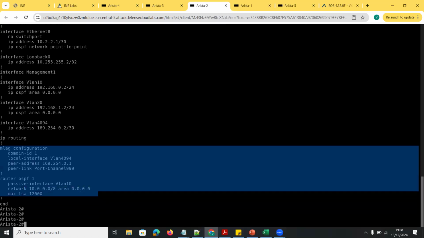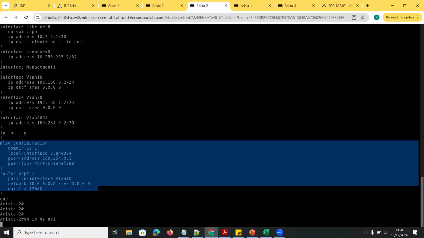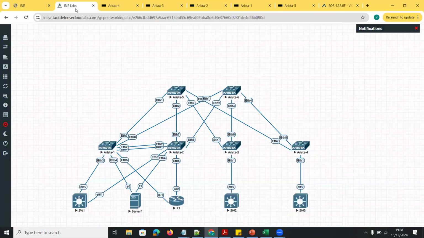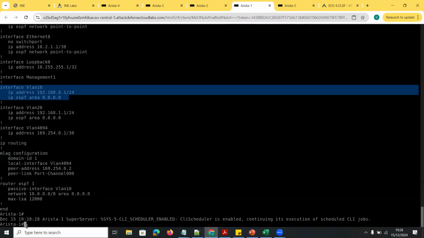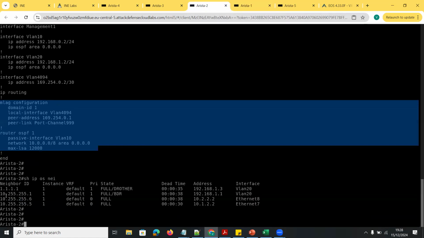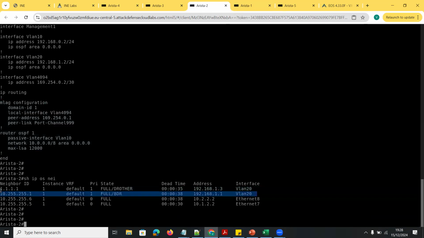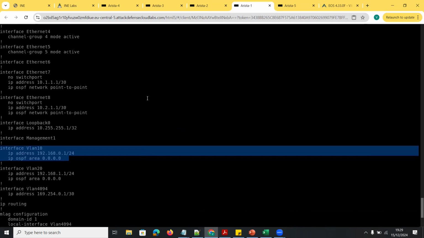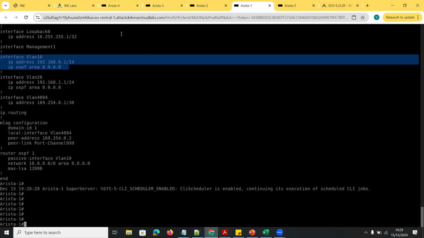Okay. Now, if you see IP OSPF neighbor, I should have the OSPF neighborship with these routers as well as these Arista spine switches 1 and 2, and we have OSPF running between the switches here. If I go here now, what I am going to do is configure VXLAN